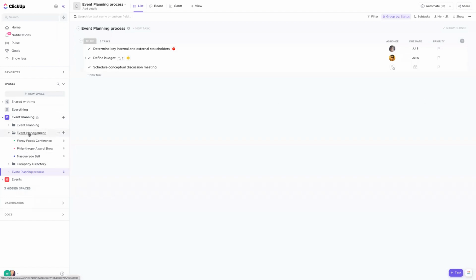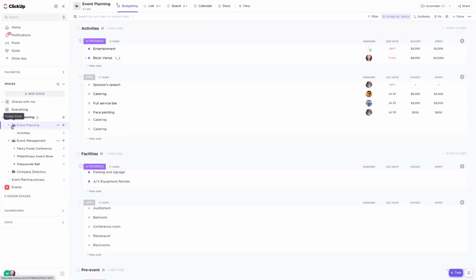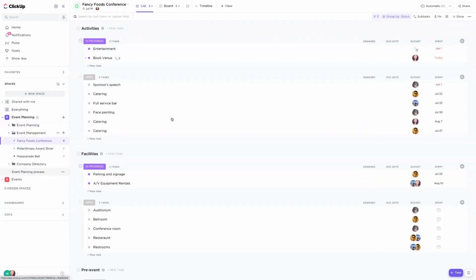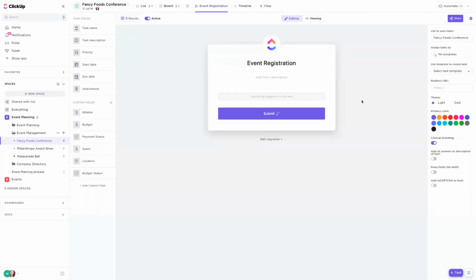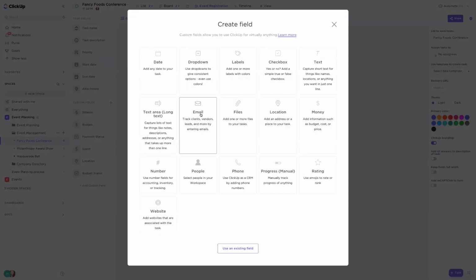So let's just take a step back really quickly and talk about the form view. Forms are really, really great for streamlining any sort of information intake process. So for example, we have this foods conference list. I could create a form in here for event registration for anyone that is interested in attending this event. And anytime this form is submitted, it's going to create a new task in ClickUp for me to take action on. So for example, if I had a custom field in here for email address,